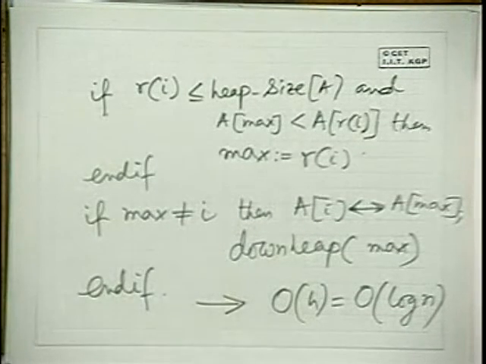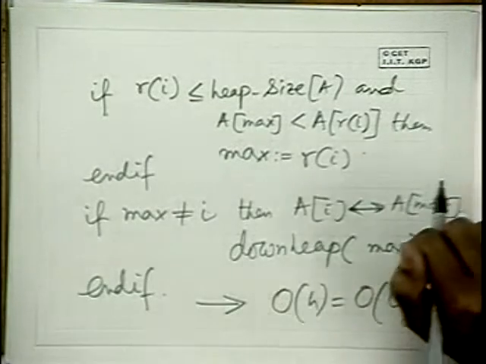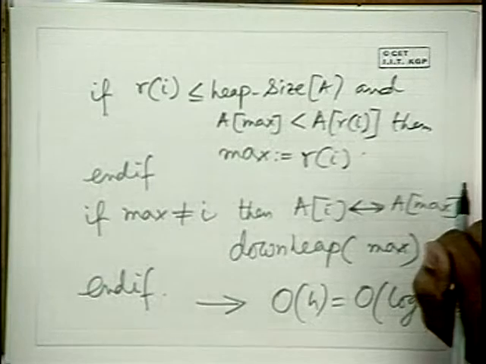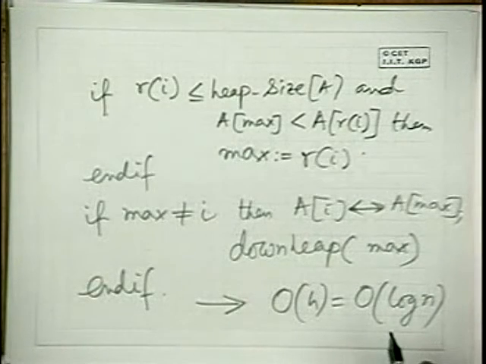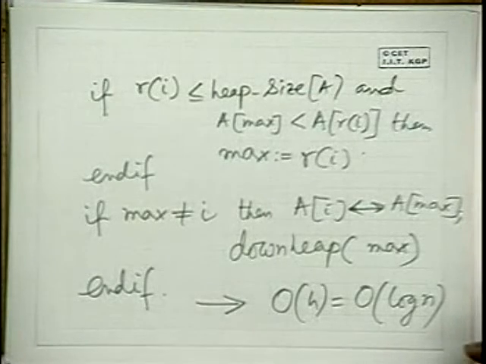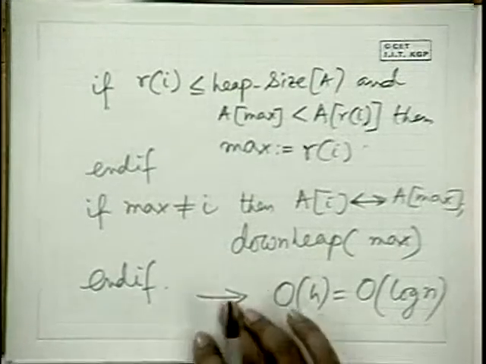So this is not order of n, this is order of log n, correct. Here is the point you raised at some point of time. Order of n is a correct answer, but the analysis is not good, because log n is much better than order of n. And log n is the correct answer, a better answer than order of n. Okay, so this is understood, right? Everybody understands this. So this is the procedure down heap.